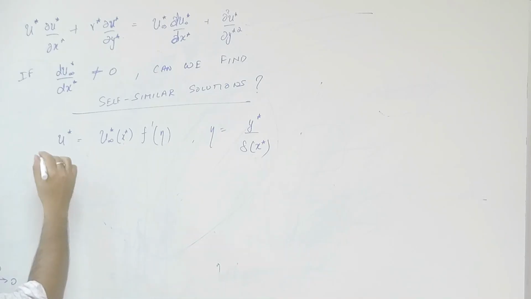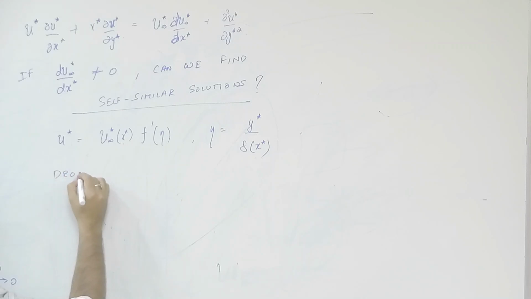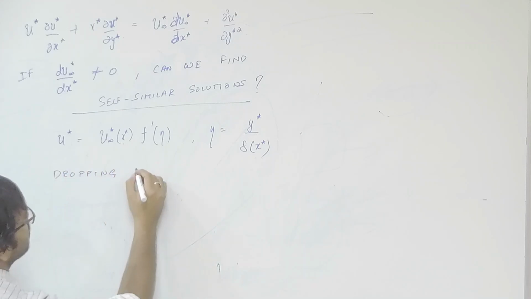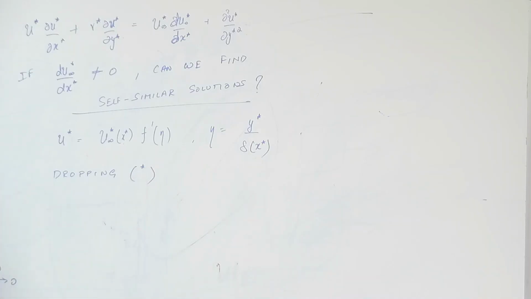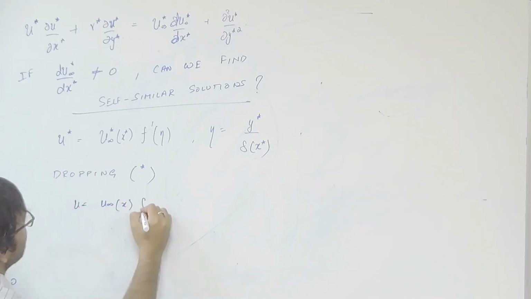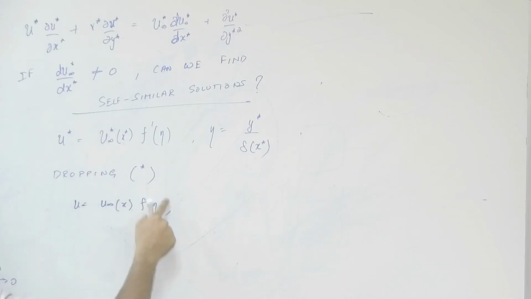Okay, and immediately, basically we make our life simpler by dropping all the stars for dimensionless variables. So anything that we discuss from now on, at least in this lecture, will be dimensionless, but I won't be putting stars so that I can write a bit quicker. So dropping these stars, we have the equation u as u infinity of x f of eta,